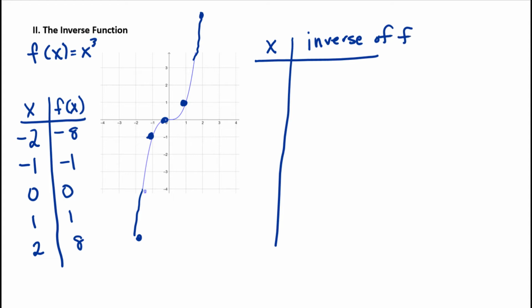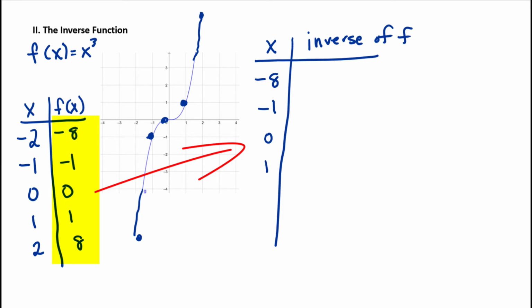Now we're going to switch the values of the columns. So for the x column, I'm going to write the y values that we got for the original function. So it'll be -8, -1, 0, 1, and 8. And for the inverse of f column, we transfer the corresponding domain values from the function t-chart and write